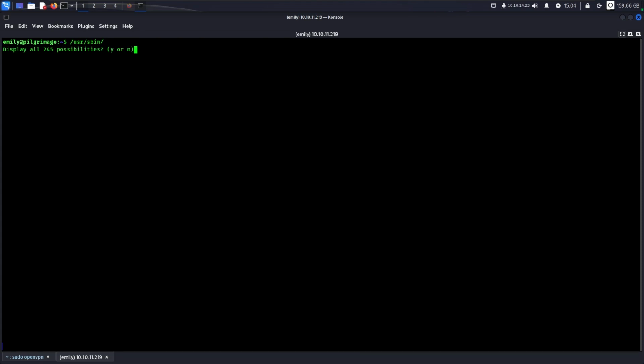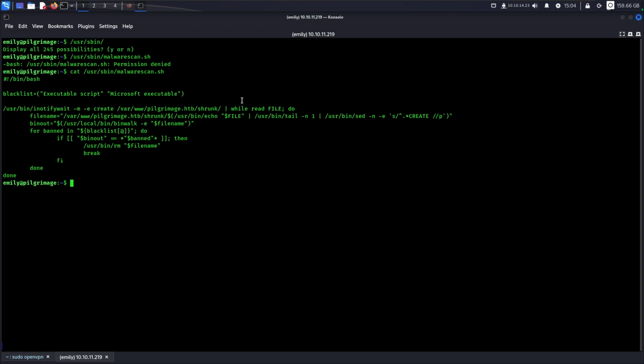Or what was it? Malware scan.sh. Let's cat it out. There we go. So this is just an executable script, or it's a script that is looking for executables and